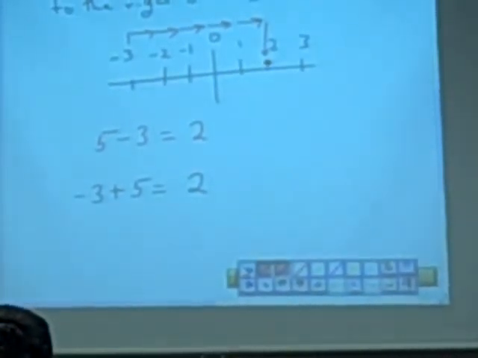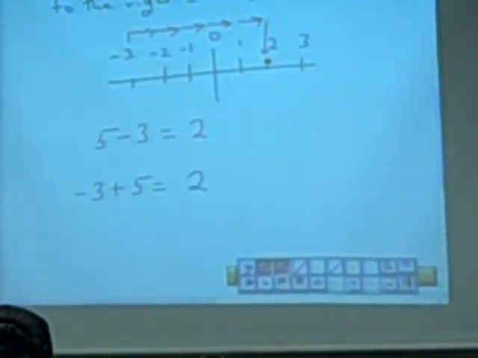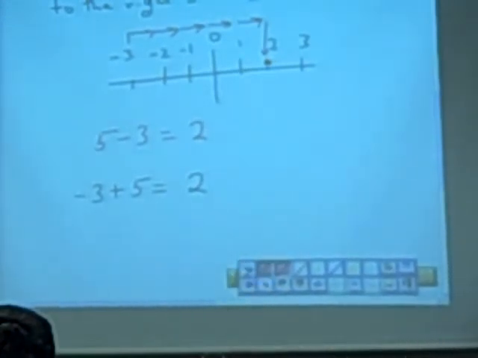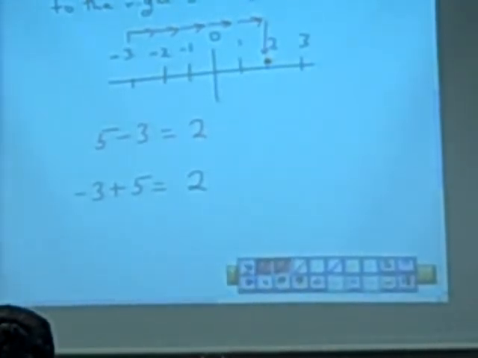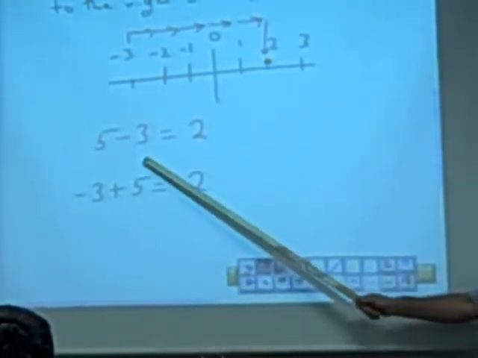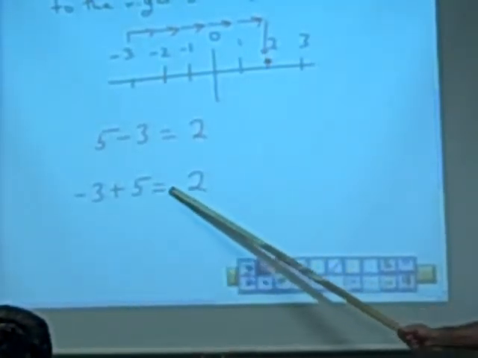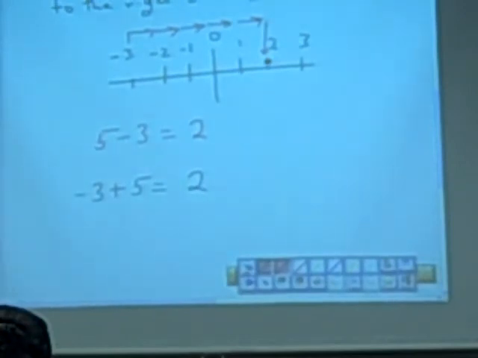Okay, so with integers, when you have opposite signs, no matter which one is larger or smaller, you're going to subtract, and the answer is going to be the sign of whatever your larger number is. Okay, so let's say in this next problem,